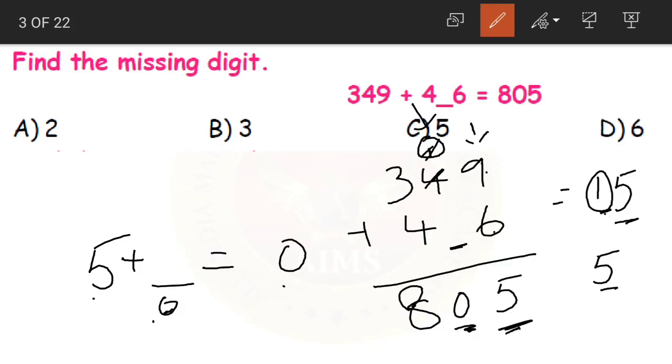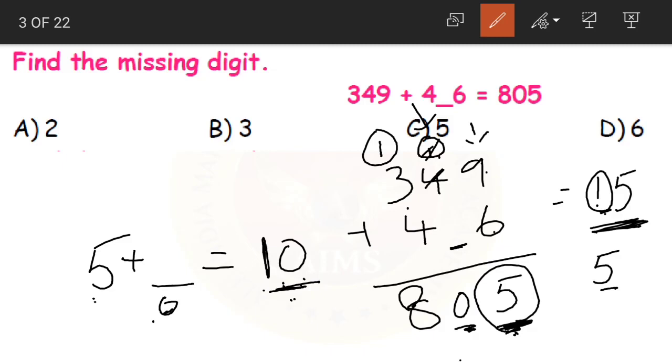So, just like here, we got 15 but we wrote only 5, right? Why? Because 1 was carried. In the same way, here 0 means 10, wherein 1 was carried to the next digit. Understood children? If we add any number to 5, it will be greater than 0 only. So we are thinking that it is not simply 0, it is 10.